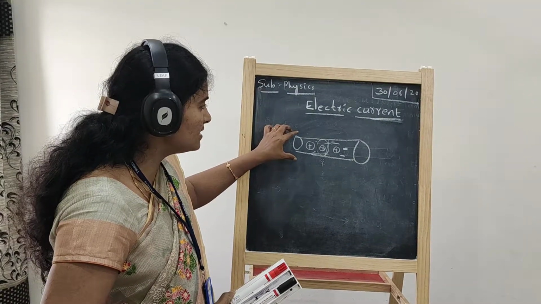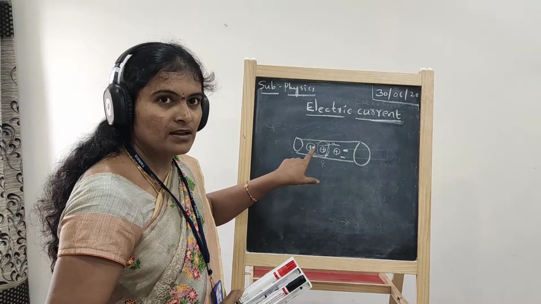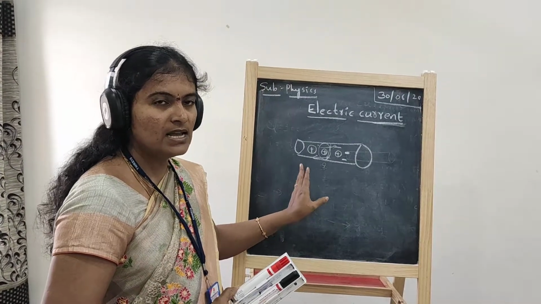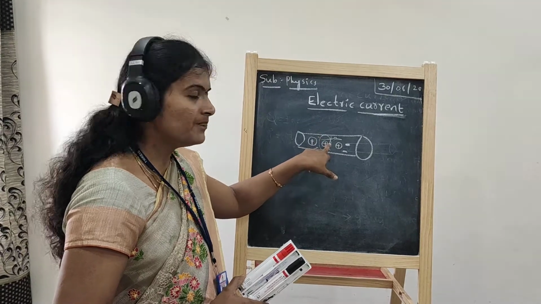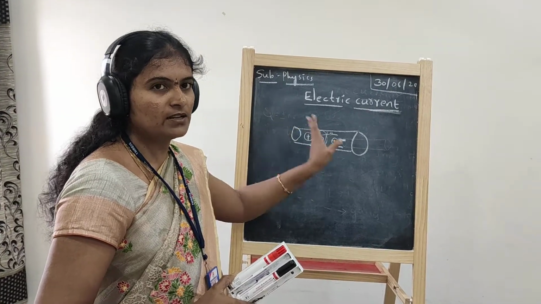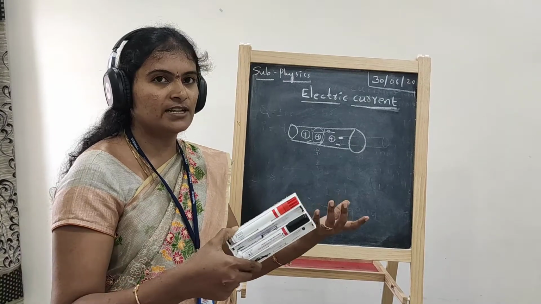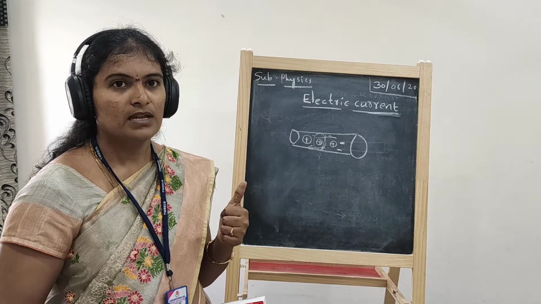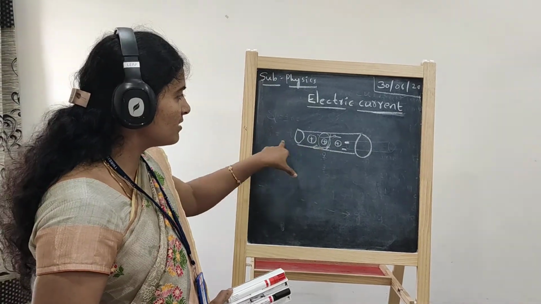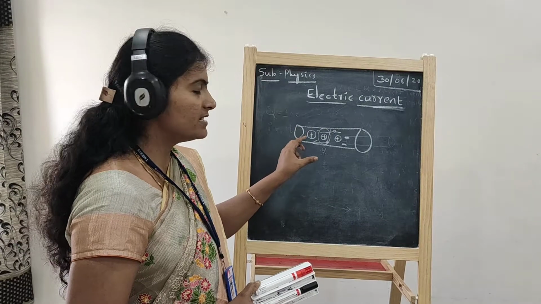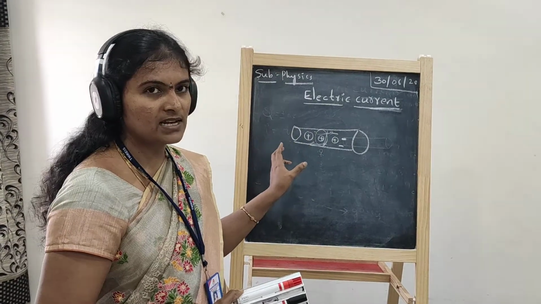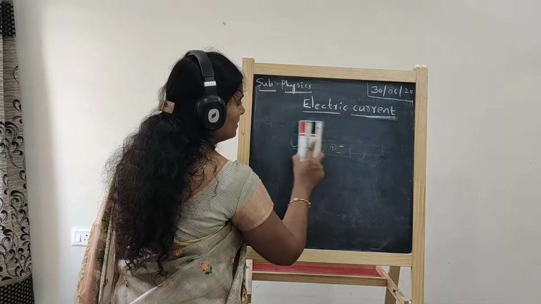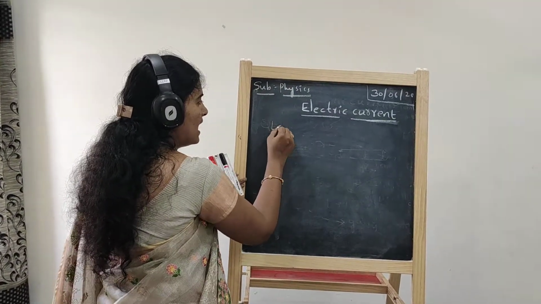But whenever we consider the conductor, when no external agency or external force is given, electrons will move in random directions. So it has no particular direction. Due to the collision between the atoms, the resultant current passing through the conductor will be 0. That was explained, about this concept and why the electrons don't cause a current without any external agency, first by two scientists named Lorentz and Drude.